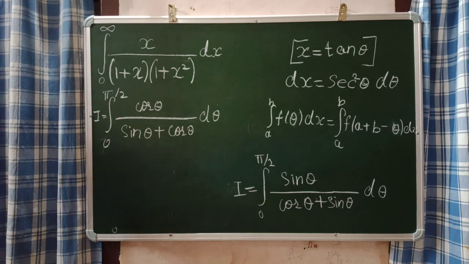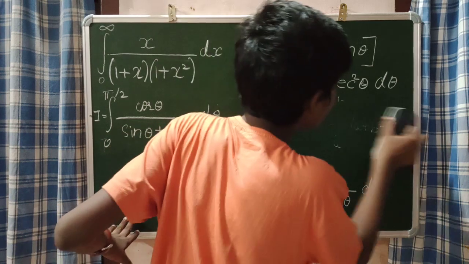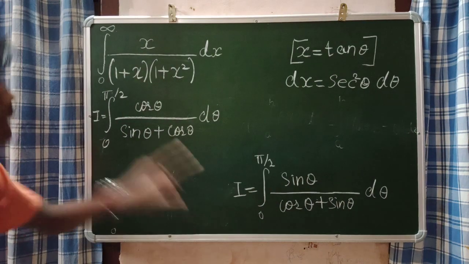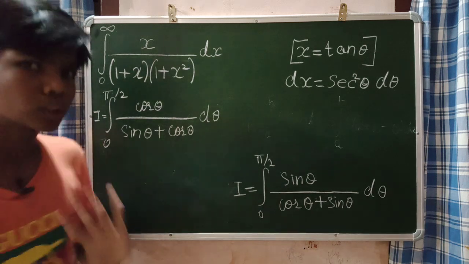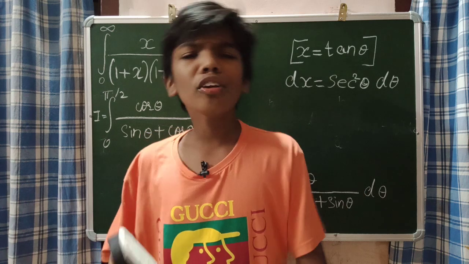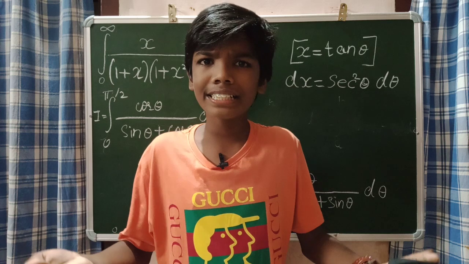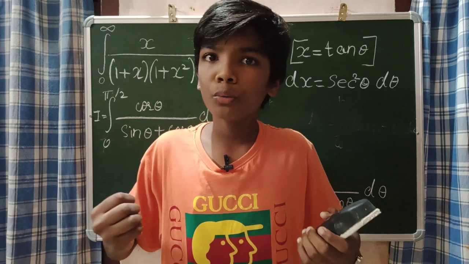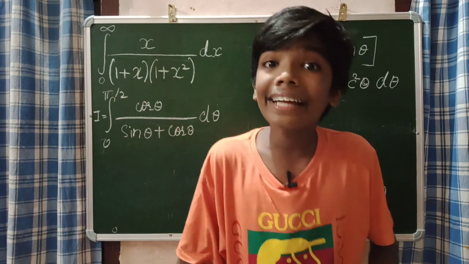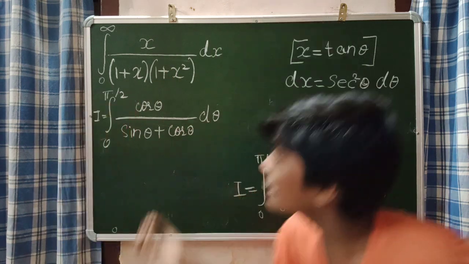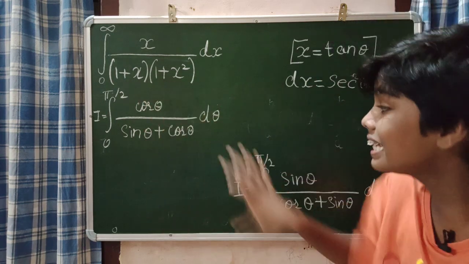That's all. Now I am going to do quite an unexpected one. What is that? I am going to add these two integrals. Guys, I need to tell you something. Why are we using King's rule? King's rule is to make the integration easier. Even if you use King's rule, if it is difficult, then what is the method you will use? The second option you have is to add these two integrals. If King's rule looks difficult, add these two integrals.